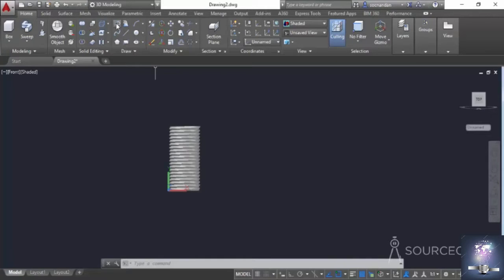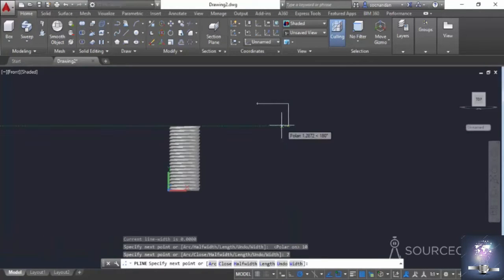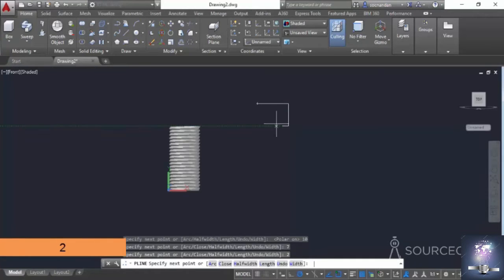And for that, once again, I'll select this polyline command, and now click at any point and make sure that polar tracking is turned on. And here we have it, the polar tracking is on. Let's enter a length of 10 units and press enter. Now move it downwards to, let's say, a depth of 7 units, press enter, move it inside to a length of 2 units, and move it here to 4 units. And now let's close this